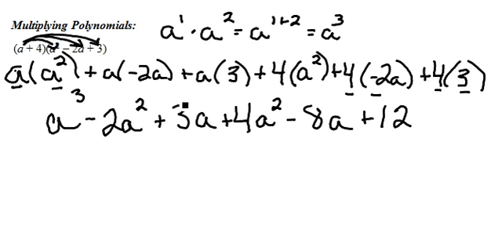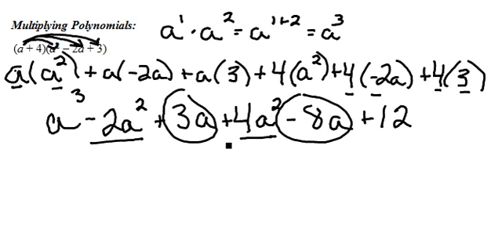Now looking at what I have here, I see that I have some like terms. Remember, like terms have the same variables raised to the same power. So I have a negative 2a squared and 4a squared, which are like terms. My 3a and my negative 8a are also like terms. So I'm going to go through and make sure I combine my like terms